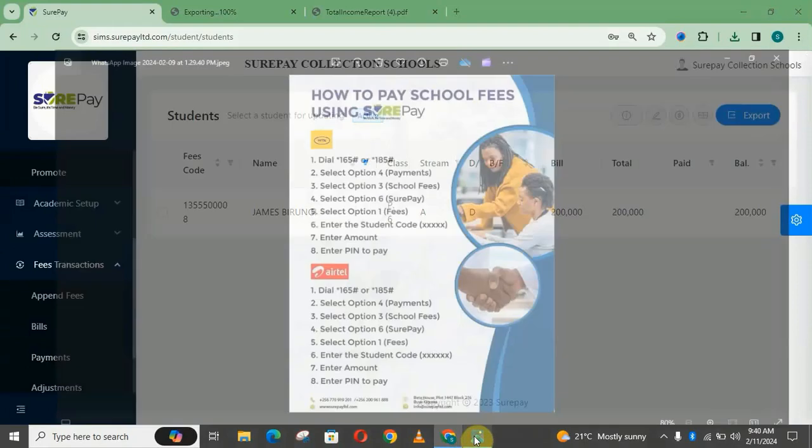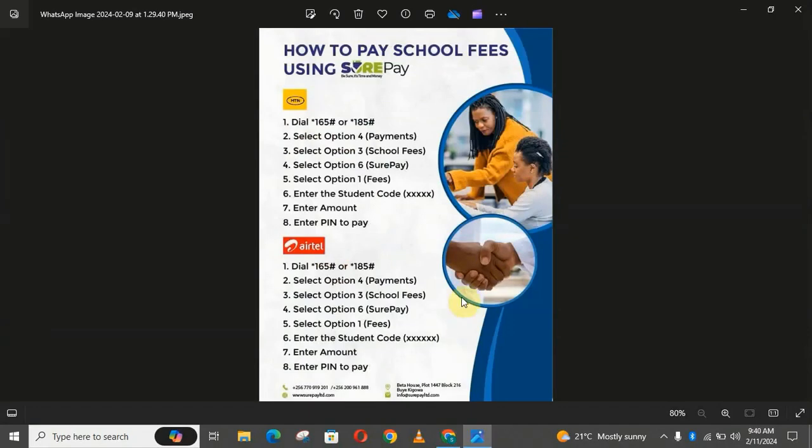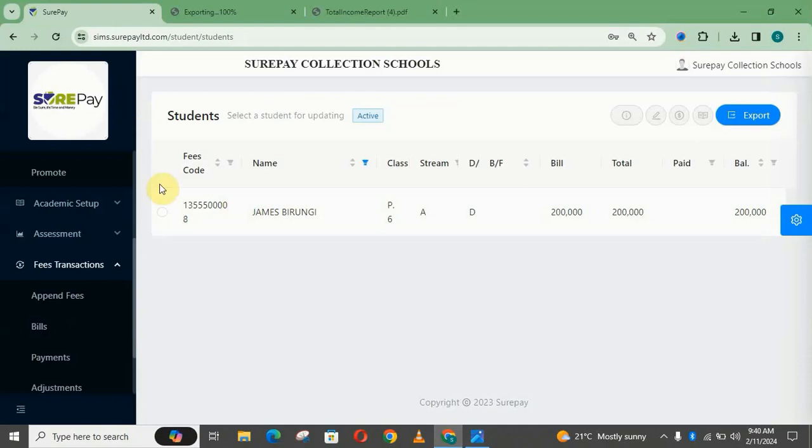So we always need to also know how to pay. If you're going to pay for your child or your parents need to pay, we always use MTN or Airtel or any other channels, which could be over the counter at the Equity Bank or any other operating bank. But for people willing to do mobile payments, we can always follow this. On MTN, those are the steps, and then on Airtel, still these are the steps. So we shall go on and pay for our learner James by clicking